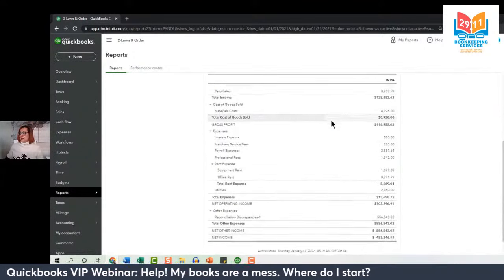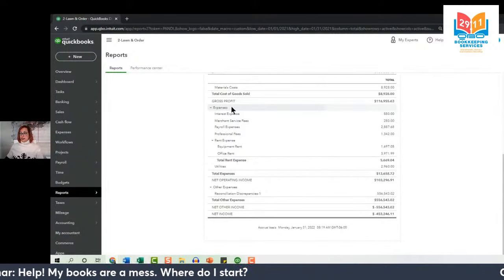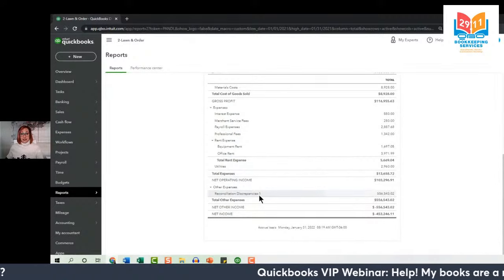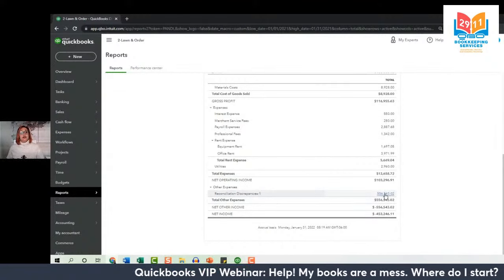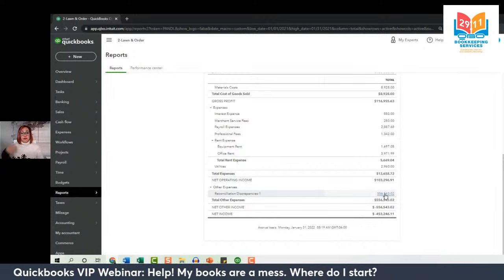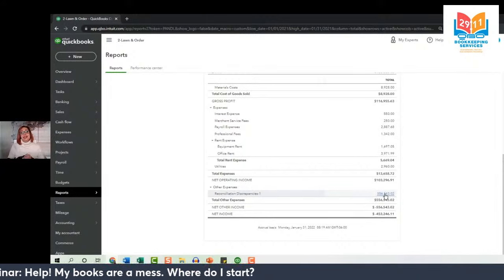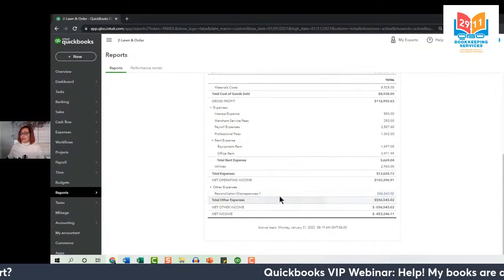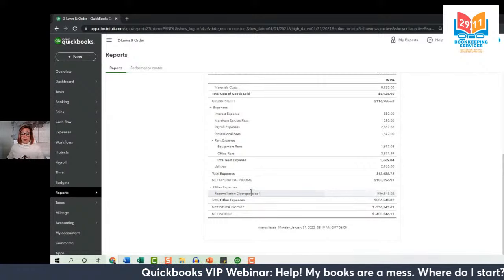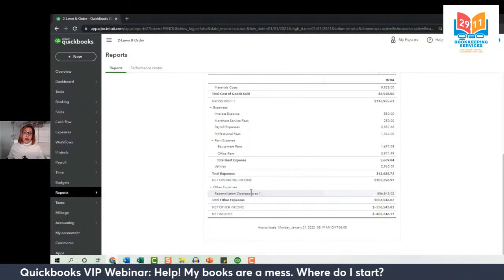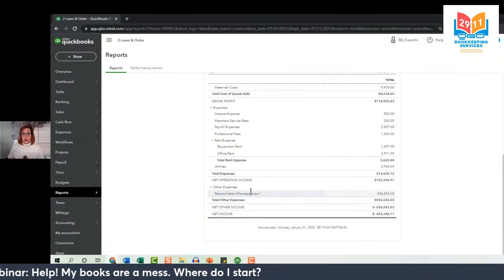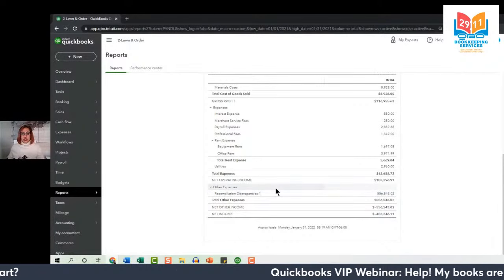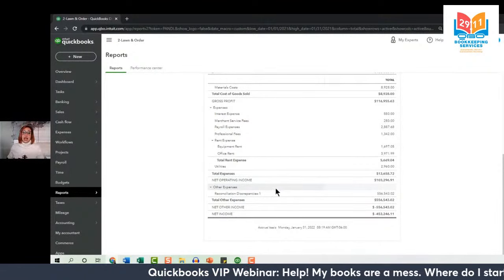Now you'll notice here that under your regular expense accounts, there is one called Reconciliation Discrepancies. This is where those dollars go. This is where that adjustment went to force our balance to equal what the balance is in the real world. Now, this is the kind of account that's very obvious for your accountant to spot because of this account name. All accountants are going to know what this means. And even if they don't know how to work QuickBooks, you can easily pull this report for them and show them, okay, as of January 1st, this is the adjustment that I had to record. So they can adjust it later and do what they need to do come tax time.